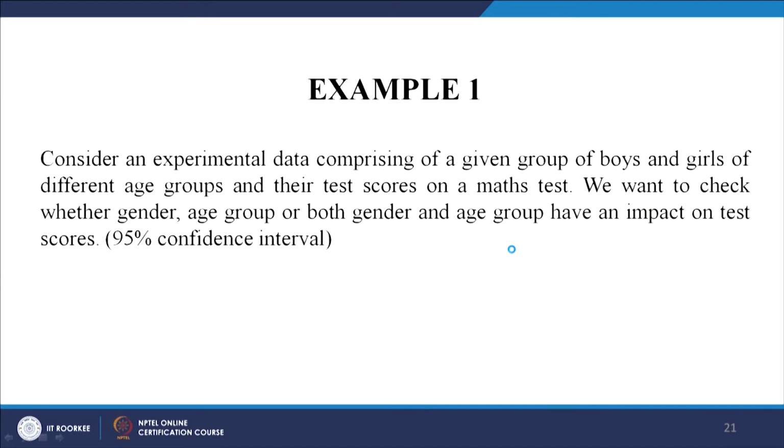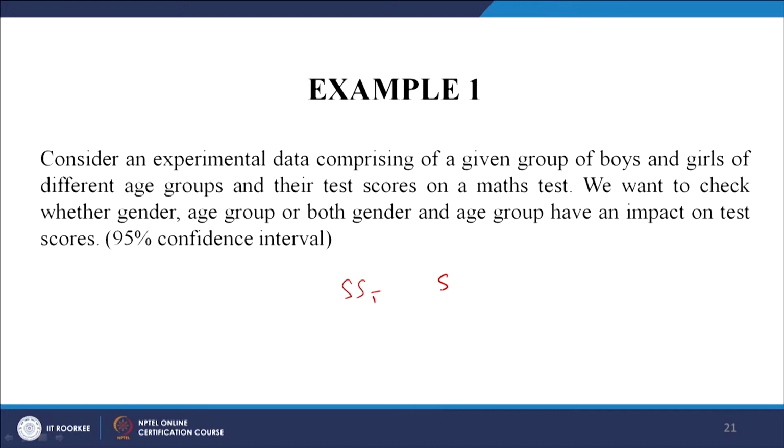Okay. So, in the last lecture I had explained the steps of what to do. It is very simple, just remember there are 2-3 things you need to find out: the sum of square total, the sum of square between the groups, and the sum of square within the groups, which is also called error. Only thing is that here the between becomes a little extended when you have 2 factors.